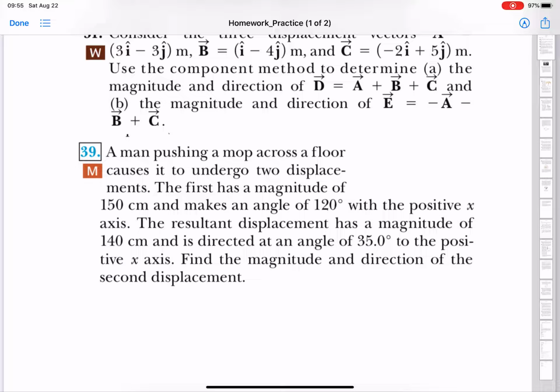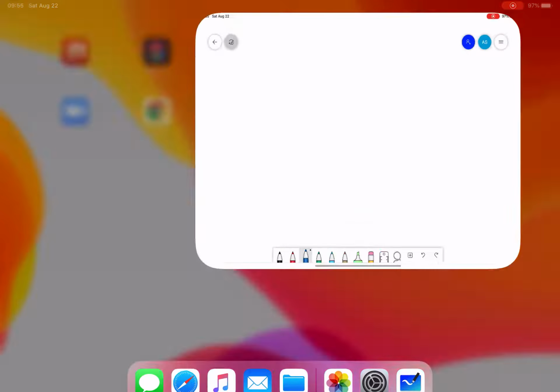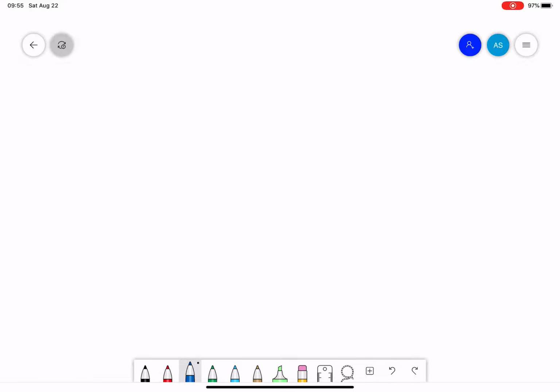Now, let's first draw the coordinate system and those vectors, and then we can understand it better and solve it easily. Okay, so let me draw the coordinate system. This is our x, this is our y. Now, we know that